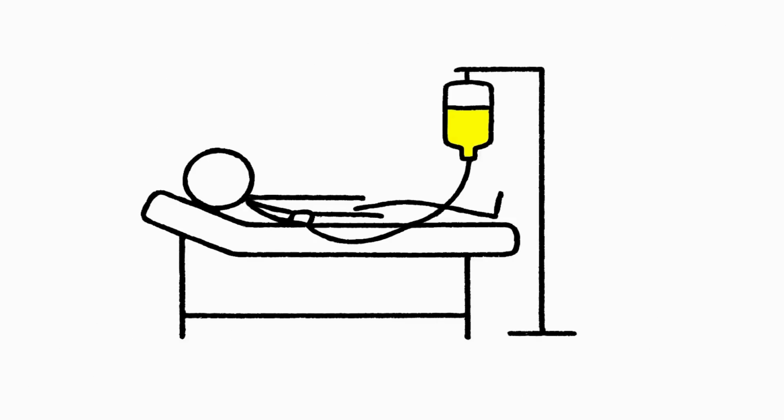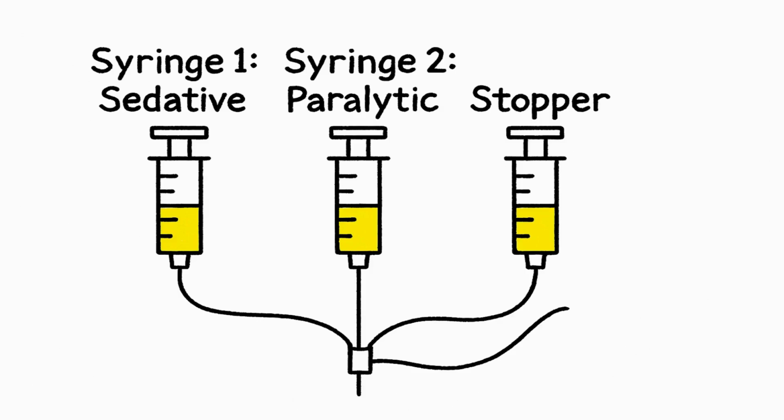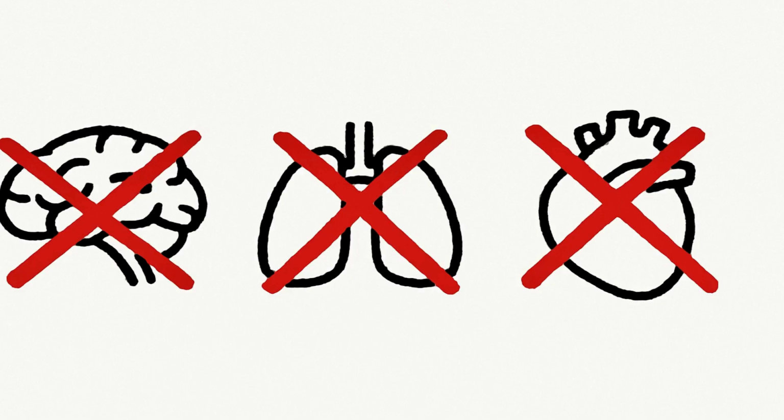Lethal injection, USA and others, currently the most common method in countries that still practice capital punishment. It involves a sequence of chemicals administered intravenously, typically a fast-acting anesthetic or sedative like midazolam to induce unconsciousness, followed by a paralytic like vecuronium bromide to stop breathing, and finally a drug like potassium chloride to stop the heart. While intended to be painless and dignified, controversies surrounding drug availability and botched executions have led to significant debate.